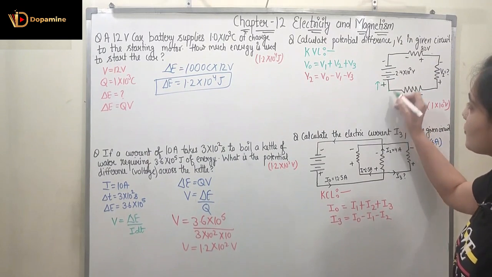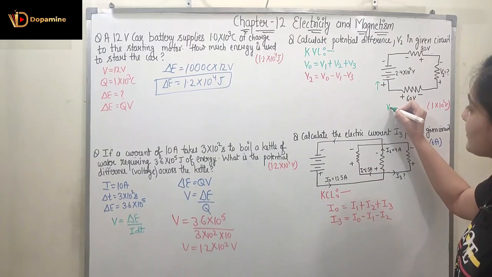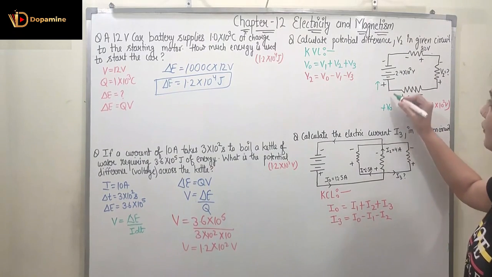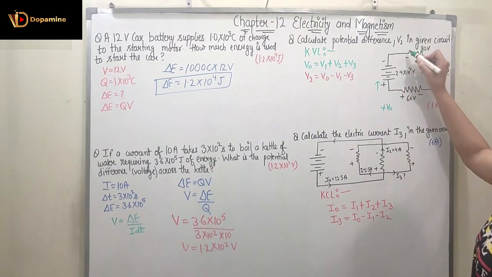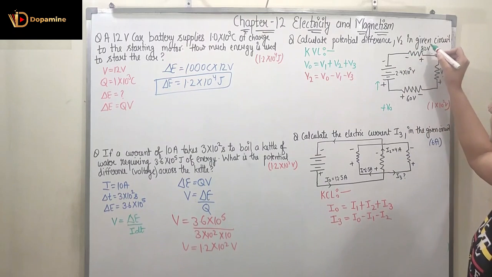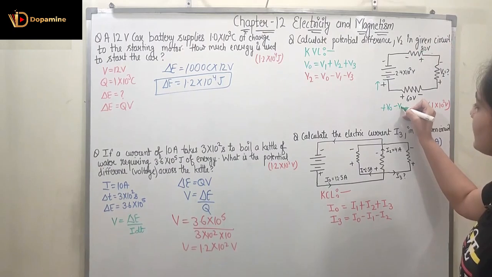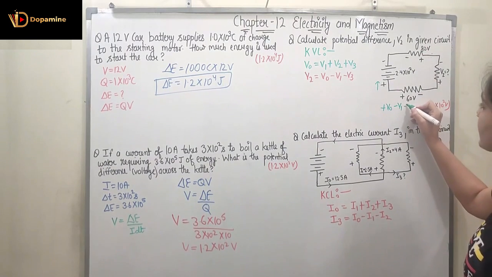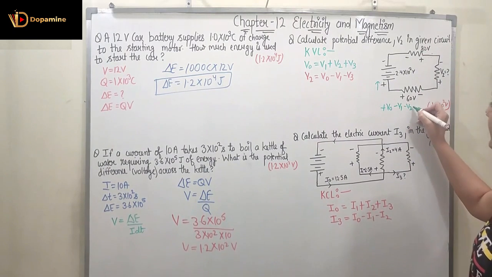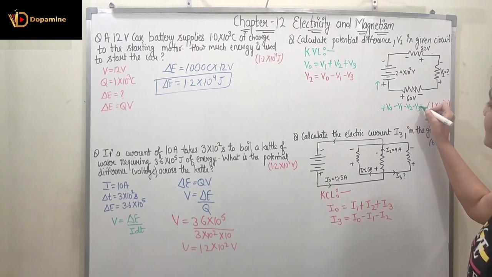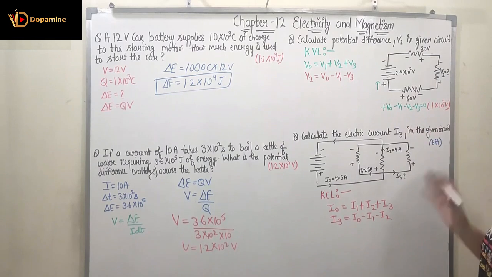The positive is coming, so this is V0, and I represent the positive sign with V0. Now I will move around the circuit. A negative sign is coming, and this is my V1, so I will have minus V1. Then again a negative sign is coming, then we have V2. Again a negative sign, then we have V3. This is how we can represent the KVL.